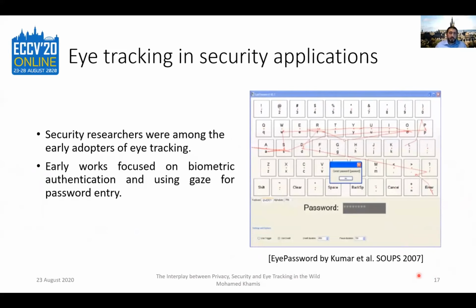there's a lot of earlier work than that about biometric authentication using eye gaze. So how to use eye movements to distinguish users based on their unique eye movements. And actually, in the past